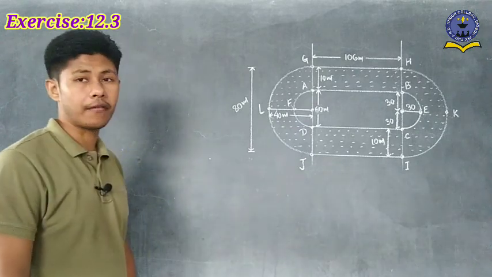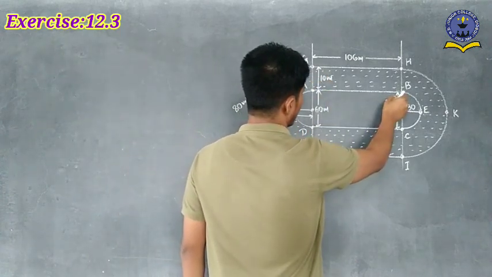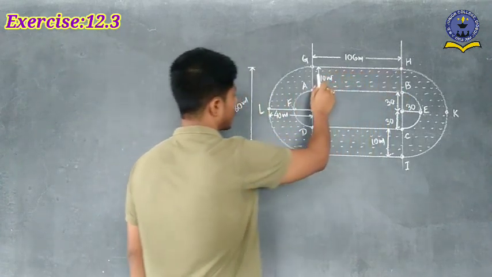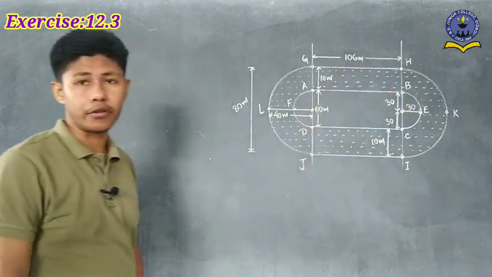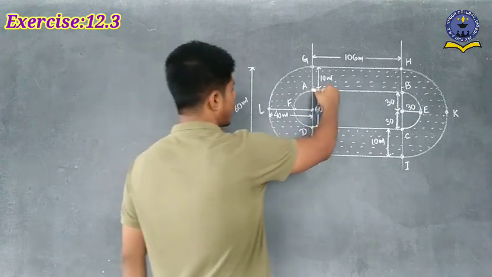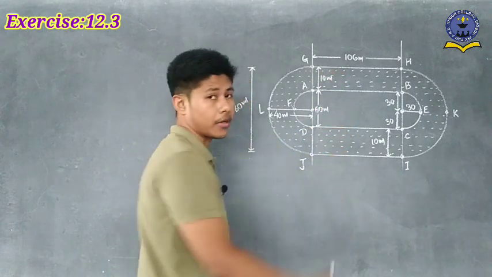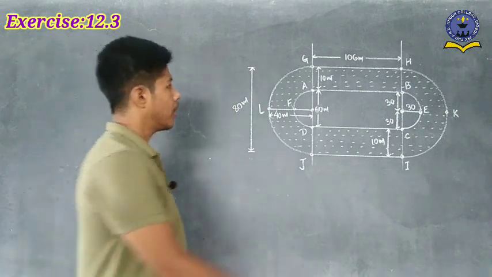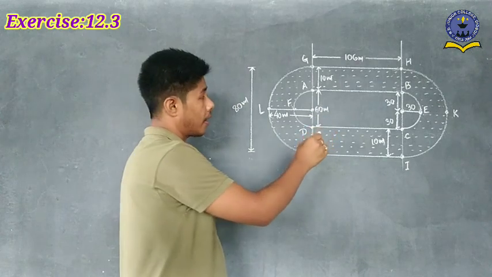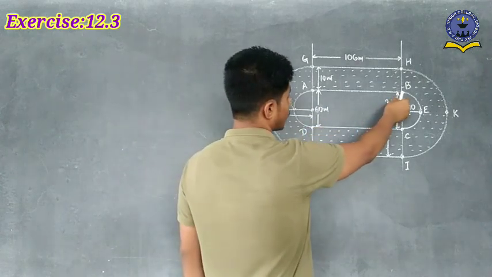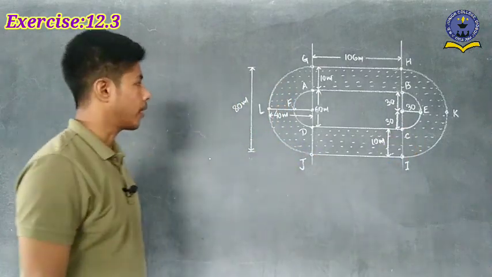First of all, whatever is given here, the length of AB or GH, whatever you say, is given as 106 meter according to our question. Is it clear? And the width is given here as 10 meter. So that means this one is also 10 meter. And next, the length of AD is 60 meter. If we separate this into 2 parts, then here 30, 30. Is it clear?